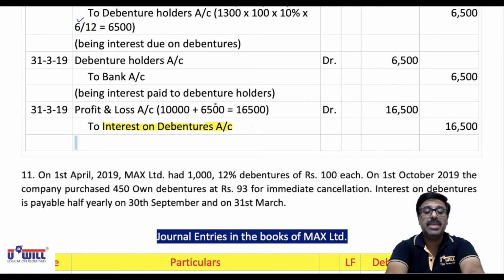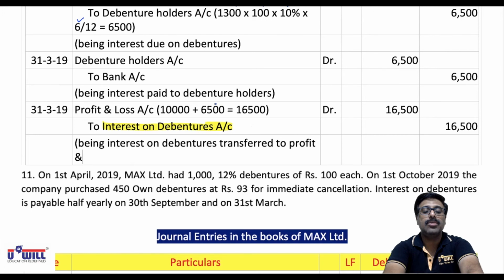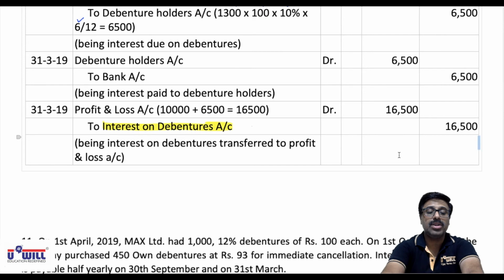Now final B, interest on debentures, being interest on debentures transferred to profit and loss account. Being interest on debentures transferred to profit and loss account. Now final total would be,